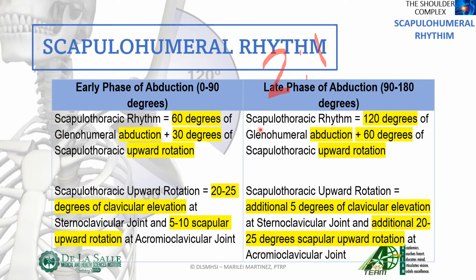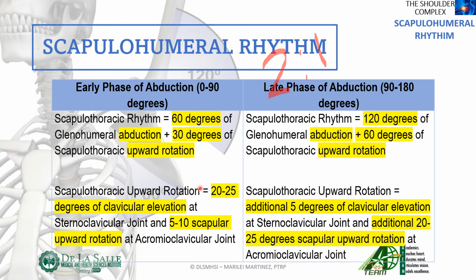For the late phase of abduction, that is now up to 180. For you to be able to perform 180 degrees of abduction, there should be 120 degrees of glenohumeral abduction and 60 degrees of scapulothoracic upward rotation. For the 60 degrees of scapulothoracic upward rotation to happen, there is an additional 5 degrees of clavicular elevation